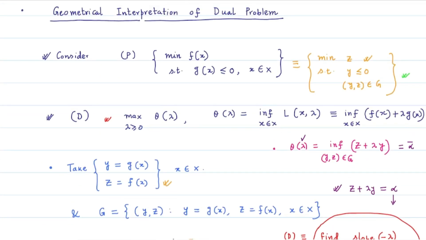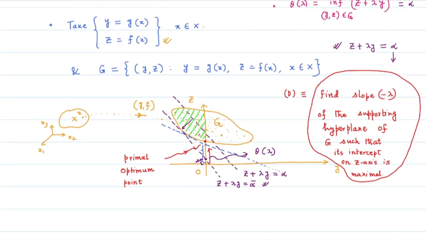And for the primal problem, the geometrical interpretation is that you find the minimum most z value of all the coordinates yz's, those are lying inside this green shaded region. And therefore this particular point, this red point, is going to give us the primal optimum point. And for the dual problem, the optimum value, the maximum value of all these z-intercepts of the supporting hyperplanes can be identified by these supporting hyperplanes to the set capital G. And therefore this much amount of z-intercept, this much length, is going to give us the